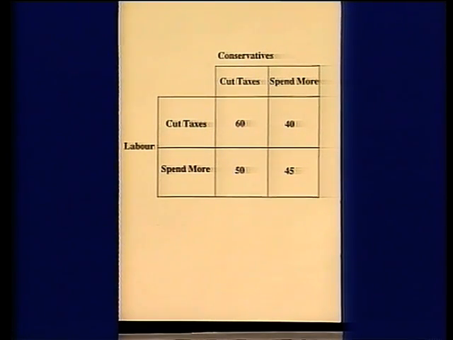What should each of the two parties do? Let's look at the figures again. If Labour wanted to cut the Conservatives' share of the vote by picking up 60% and therefore leaving the Conservatives with 40%, they would have to agree to cut taxes. But they then run the risk that the Conservative Party would also cut taxes, and they would actually secure 60% of the vote. If therefore Labour wished to be cautious, then by agreeing as part of their policy to spend more on the social infrastructure, they can restrict the Conservatives to 50% of the vote and hope, perhaps unwisely, that the Conservatives will also agree to spend more.